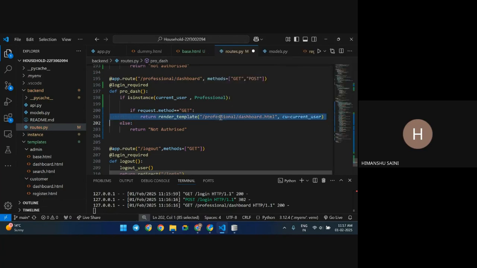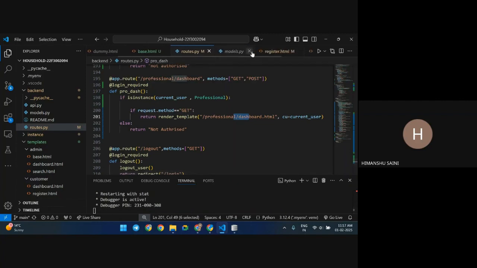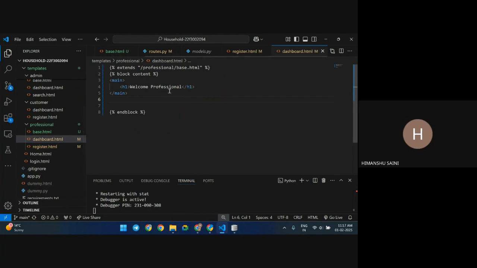So I can use whatever attribute of this current user in the HTML. Now where is our dashboard HTML of professional? Yeah, so here I'll say if cu.status equal to